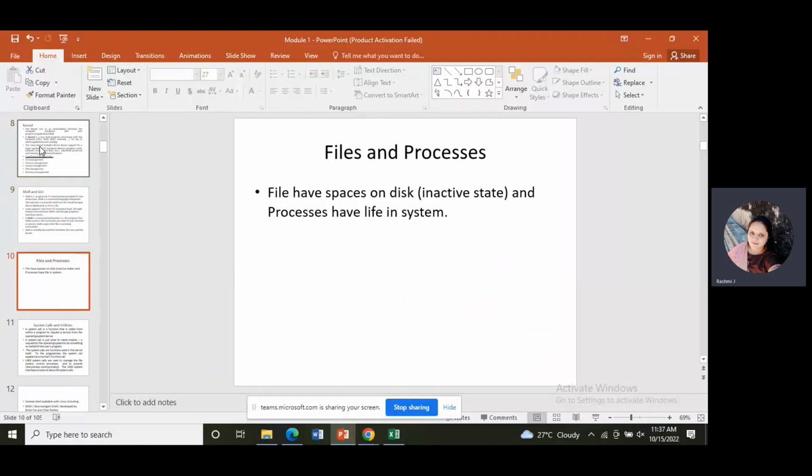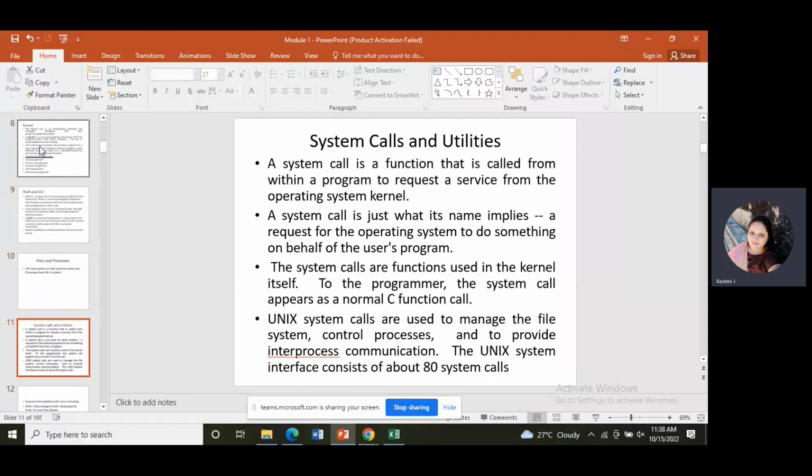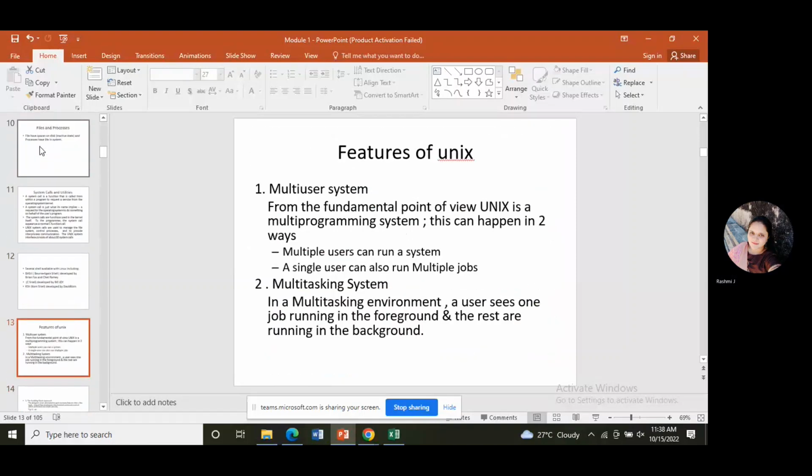Then next are files and process. Files means we are storing information in the form of bytes, and the files are stored in a hierarchical structure. And what is meant by process? It is a program in execution. It is also described as a living organism, and it is also in a hierarchical structure. Then system calls. A system call is a request for a service from the operating system kernel, from the user. So next is